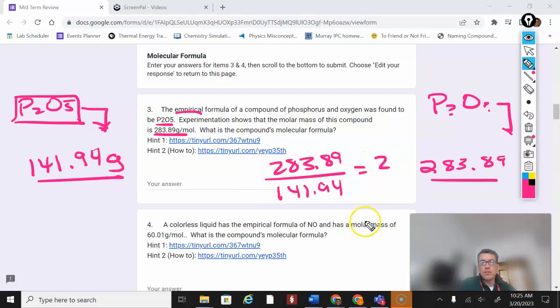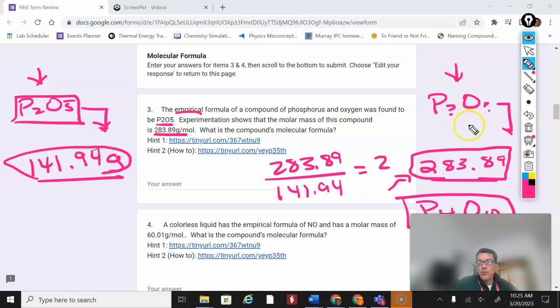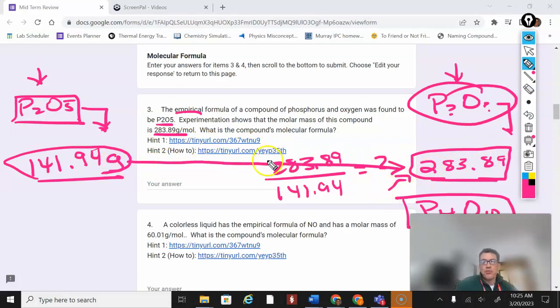So if I put my final number on top of the bottom number, this basically ends up being a 2. In other words, this number is twice as big as this number, which means that my subscripts in the molecular formula need to be twice as big as the subscripts over here. So my 2 and 5 are going to double, and it's going to double into 4 and 10. So this would be the molecular formula, and if you did the math, you could verify that that actually weighs 283.89. So when we don't know the molecular formula, what we can do is figure out the ratio of weights. How much bigger is the molecular formula compared to the empirical, and then use that number to be able to